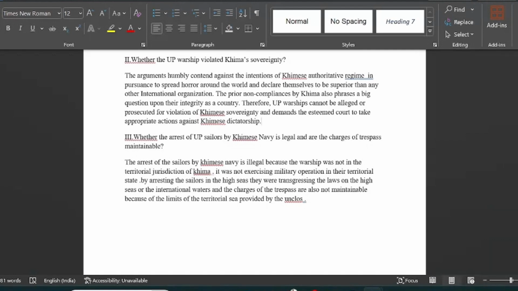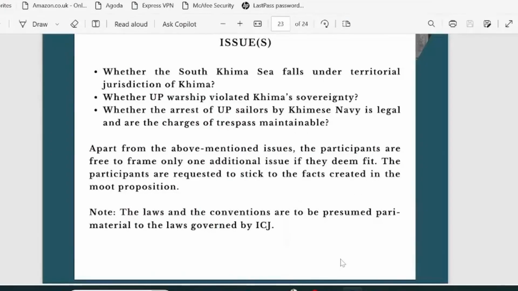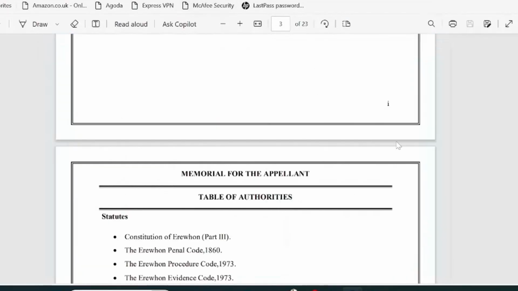The prior non-compliance by Kima also raises a big question upon their integrity as a country. Therefore, United Province cannot be alleged or prosecuted for violation of Kima's sovereignty, and demands the esteemed court to take appropriate actions against Kima's dictatorship. So I've tried to use very heavy, intense words to emphasize